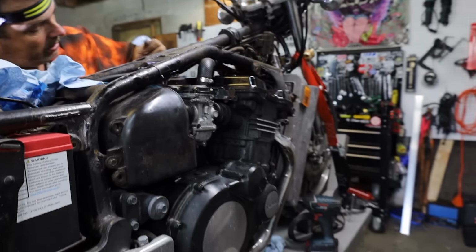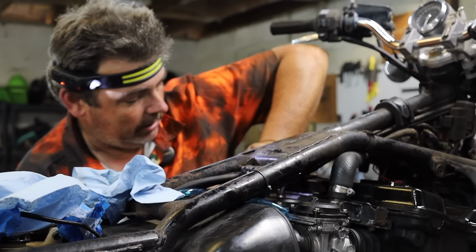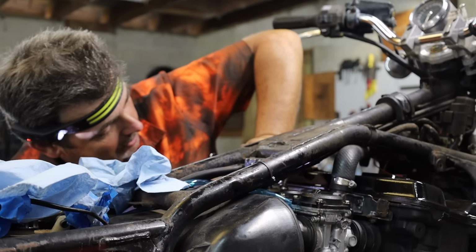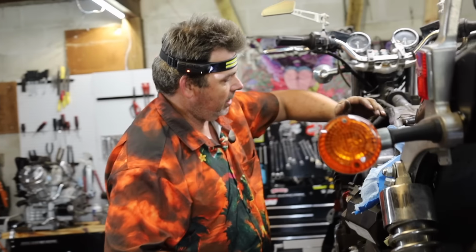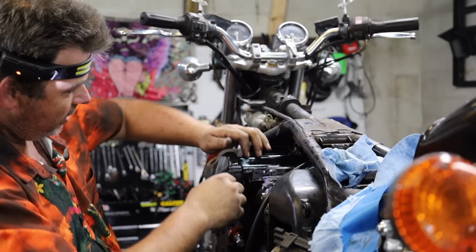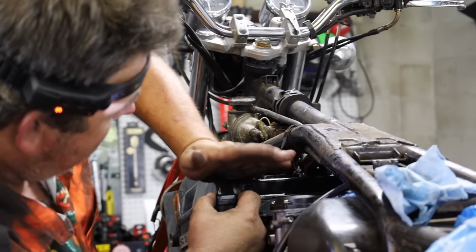Defeats the purpose of why it was engineered in the first place. Right. That's the biggest thing about older bikes like this. I know you and I have talked about it in the past, but the way I look at it, if you buy a bike like the CBX that we raffled off not too long ago, this bike may not have any huge collector value per se compared to a CBX, but it's got a hell of a